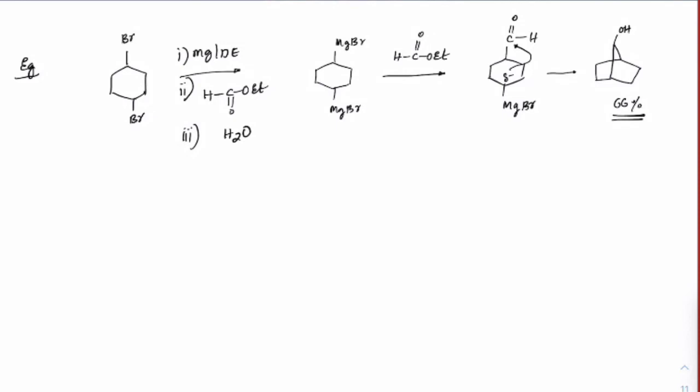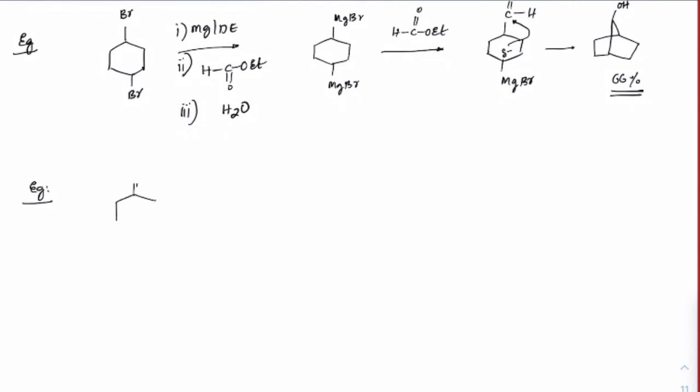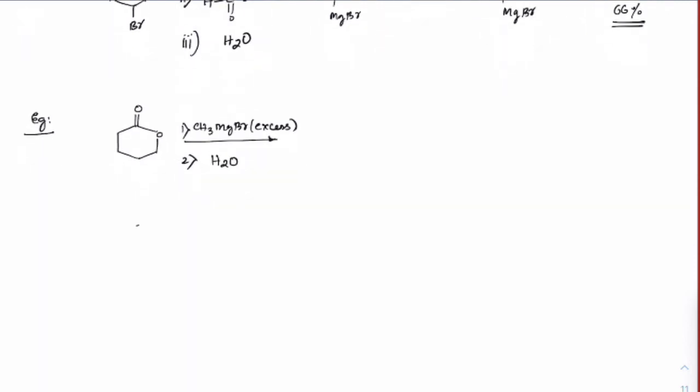Questions could be given where esters could be cyclic, beta. In that case, how do we do? Check it out. Suppose if we have double bond O with this cyclic ester, and then I take 2 moles of, or I'll simply write this as CH3MgBr excess. So obviously it doesn't require more than 2 moles, and this is how the reactant is given. So you're supposed to figure out the product, right? So see the mechanism here. First, we know that there would be double bond O.